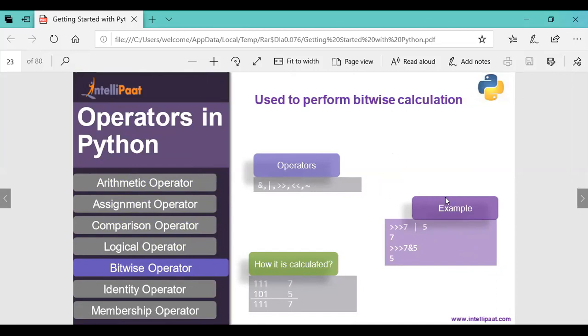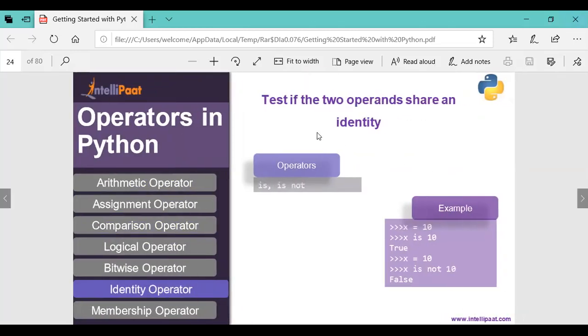Today we are going to discuss the identity operators. Identity operators are used to test whether two operands are identical or not, whether they share an identity.